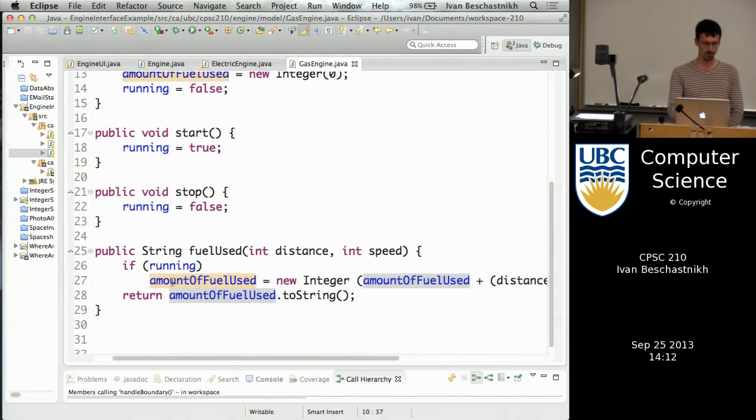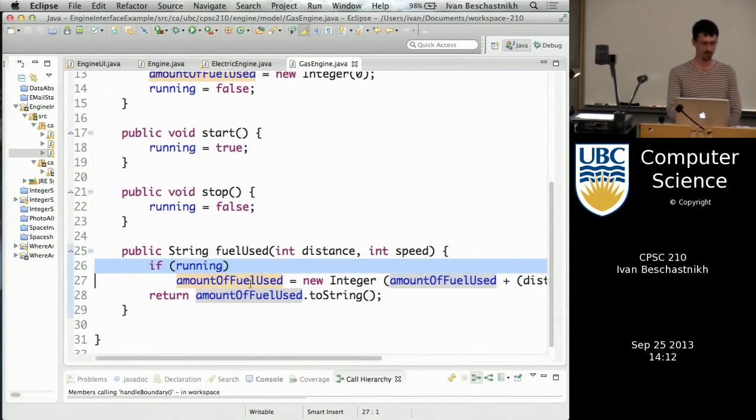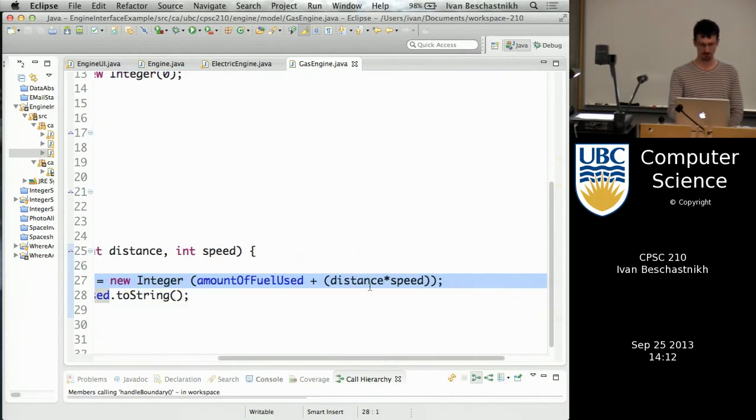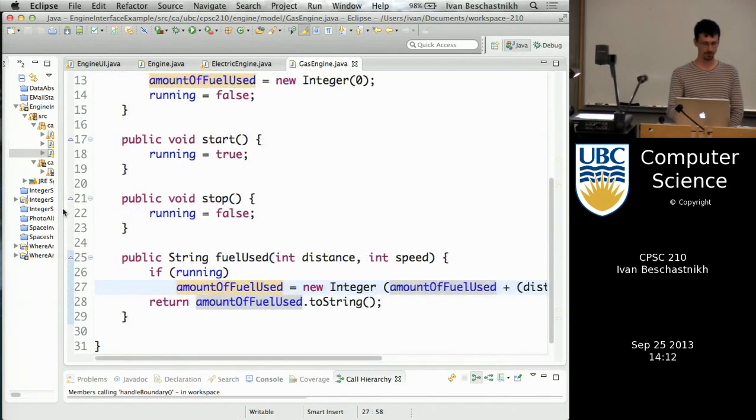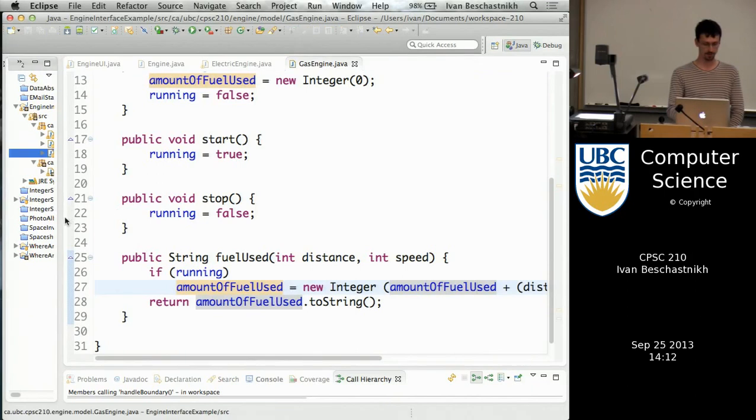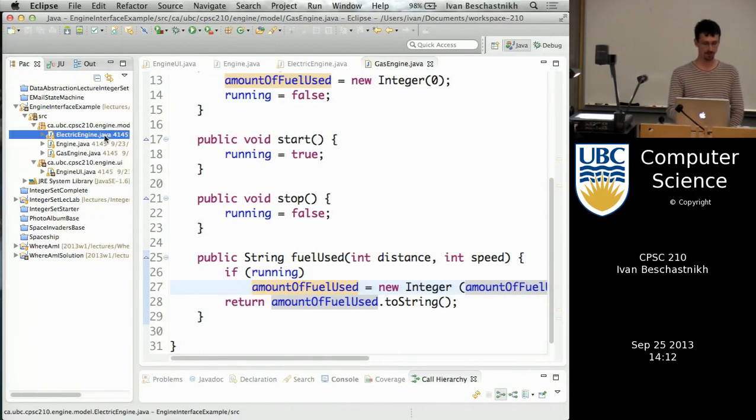So down here it checks, okay, am I running? If I'm running, then I will compute the amount of fuel used based on distance and speed. Right now it just multiplies distance by speed and then adds it to the current value. So very simple. And then on the electrical engine side,